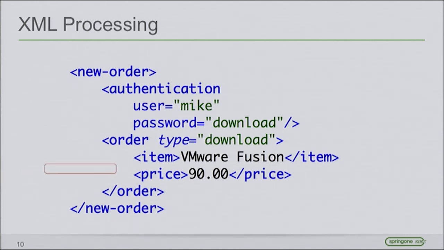In my example, I set up a workflow which can handle XML input. We get a list of orders, and that list contains orders, obviously, and each can specify the type of the order. So we have a web shop and we wanted to sell VMware Fusion. Of course nowadays we would say Pivotal HD instead. The type can be download or boxed. So you can download it or you can get a boxed version of it, and it will be shipped.